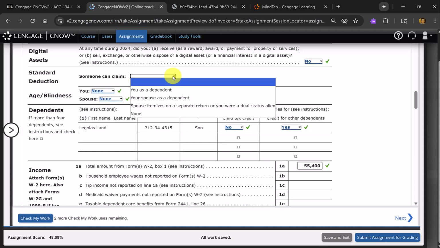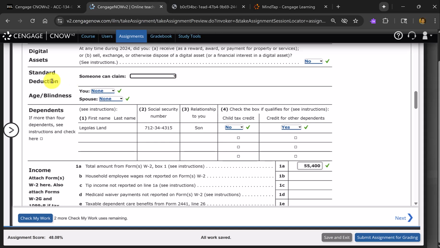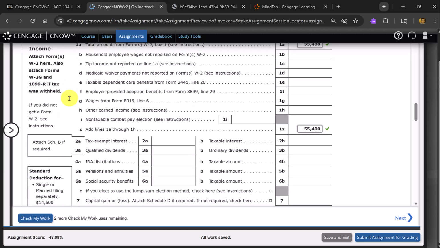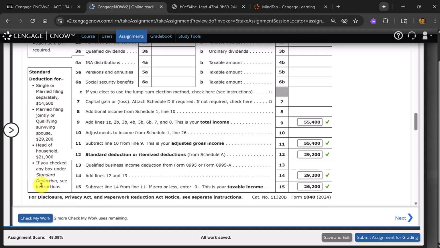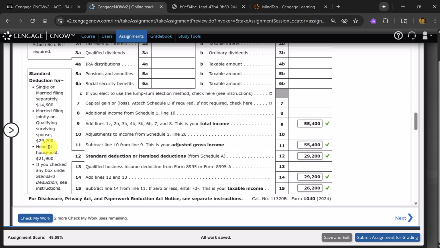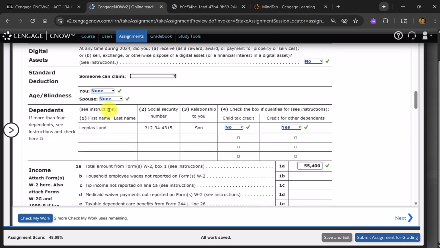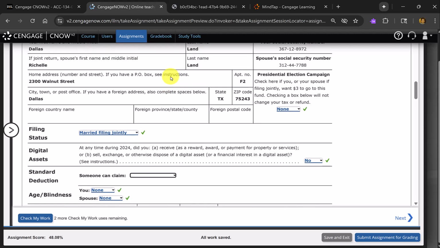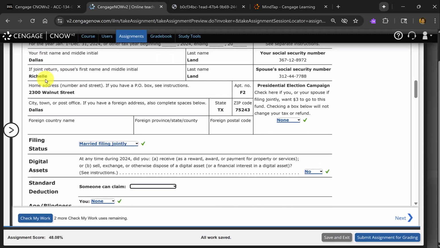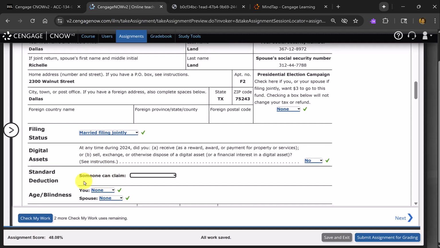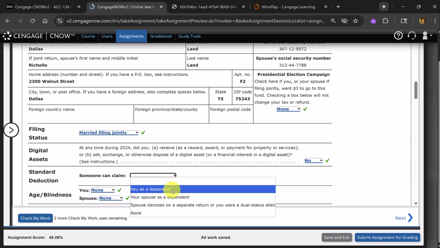So the thing about the standard deduction, it may not necessarily be these standard amounts over here. Could be more, could even be less. And it's the way you would answer this question here that may determine, besides these 2 here, whether the standard deduction may be different. In our case, our taxpayers, that's Dallas and Richelle, cannot be claimed as a dependent on someone else's return. Someone can claim as a dependent. Yeah. So we're gonna say